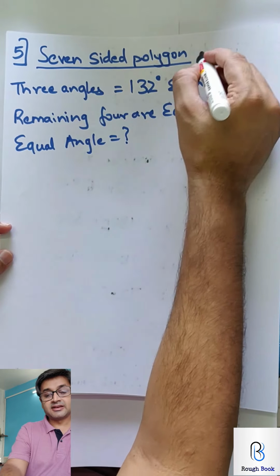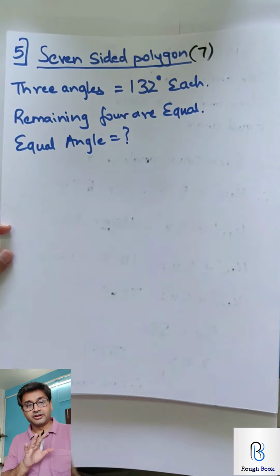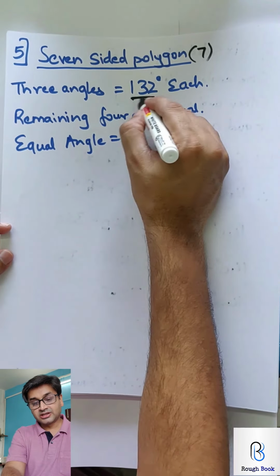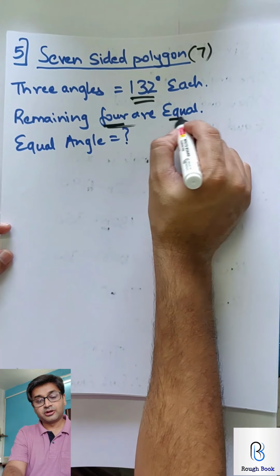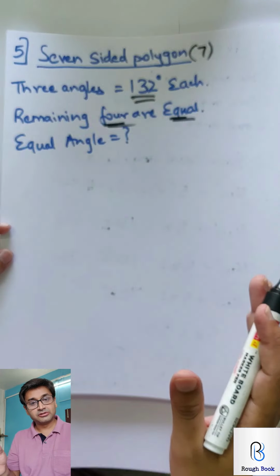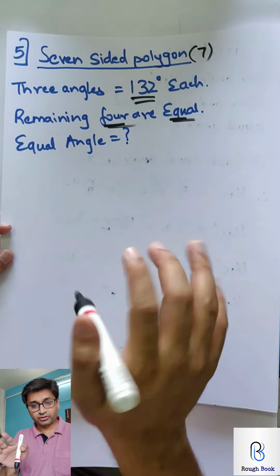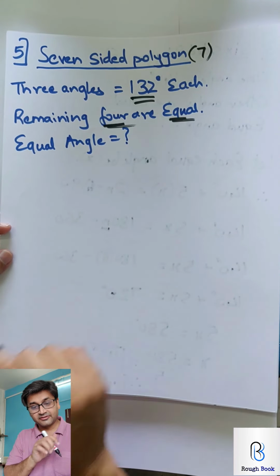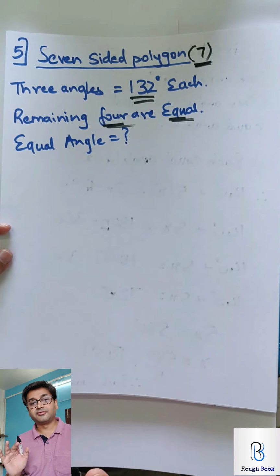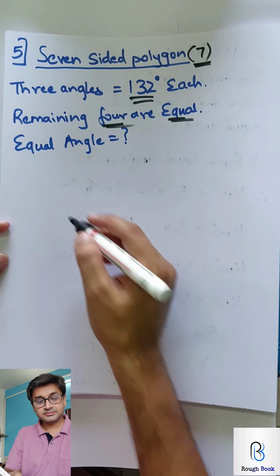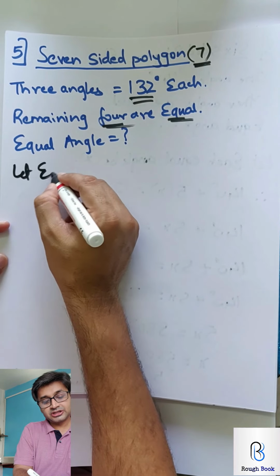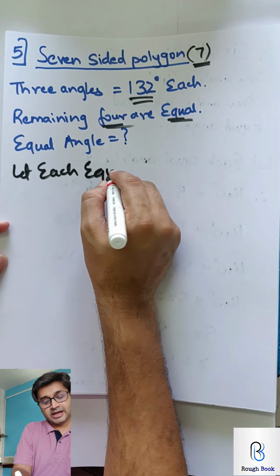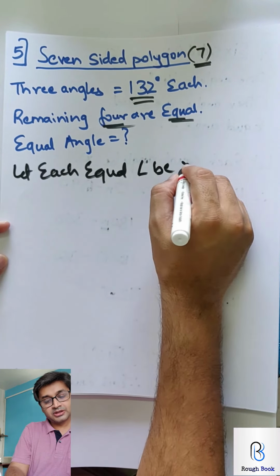3 angles, 7-sided polygon, that means the number of interior angles is 7. Each of 3 angles is 132 and the remaining 4 are equal. So let each be x. So 4 into x, 4x plus 132 into 3. That will be the total of all the 7, and for the total of all the 7, apply the formula. Come on, begin. Pause. So let each equal angle be x